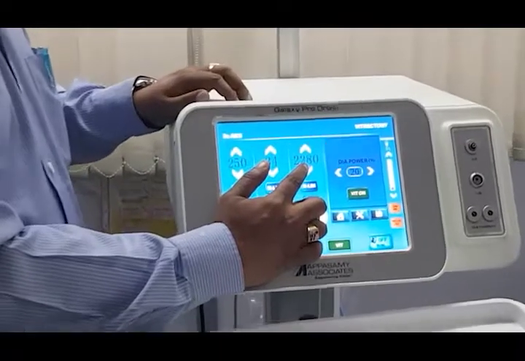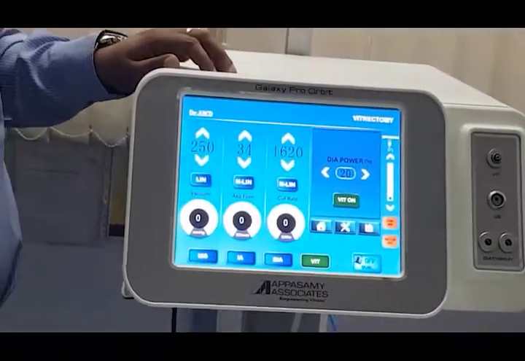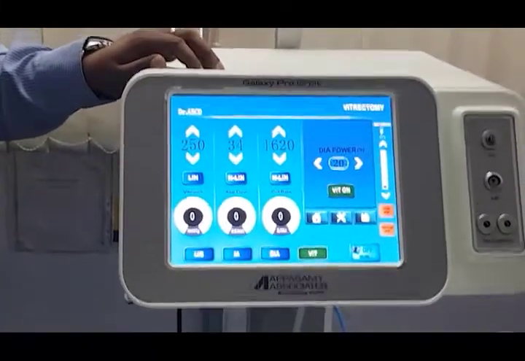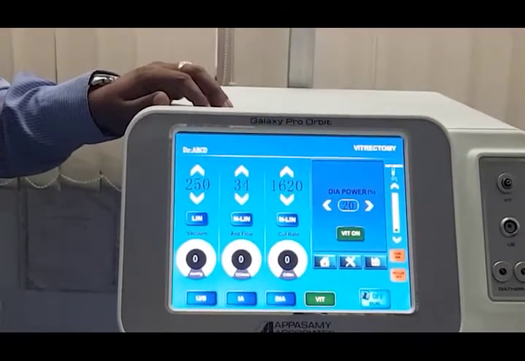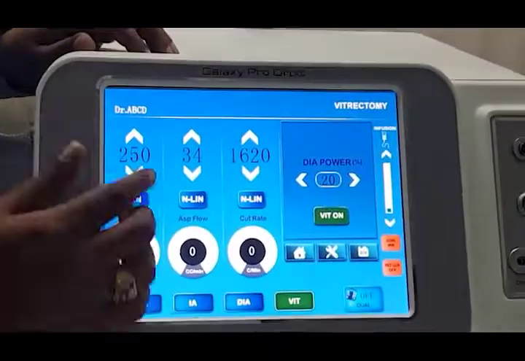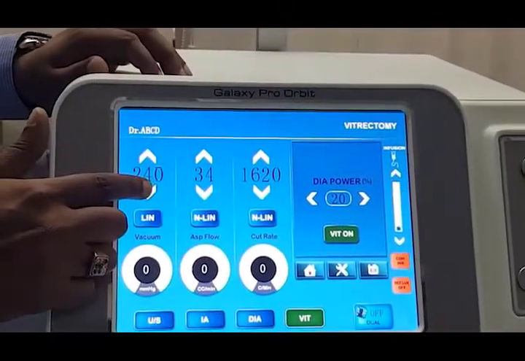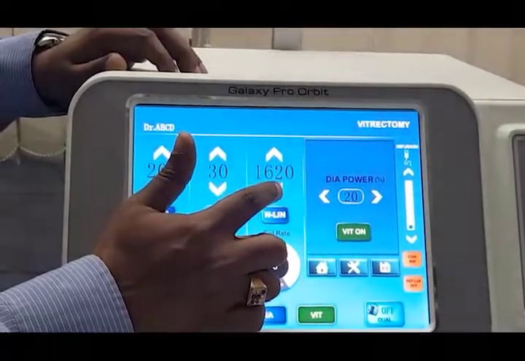If you want to use a higher cutting rate, say 1500 or 2000 cuts, you need to use an external air supply like an air compressor or a gas tank. This is a must. And here you have the vacuum for the vitrectomy, flow rate and cutting rate.